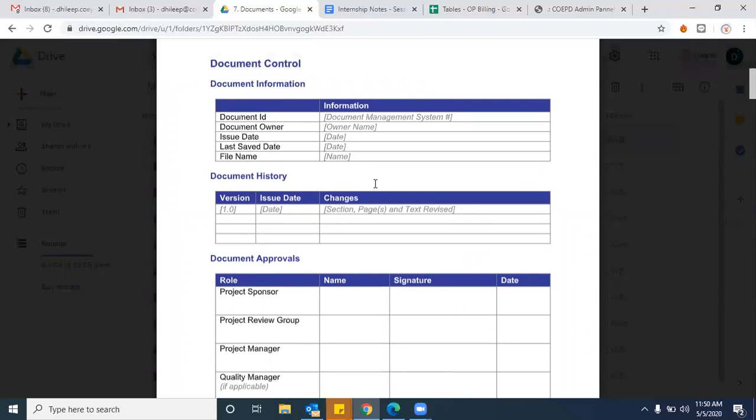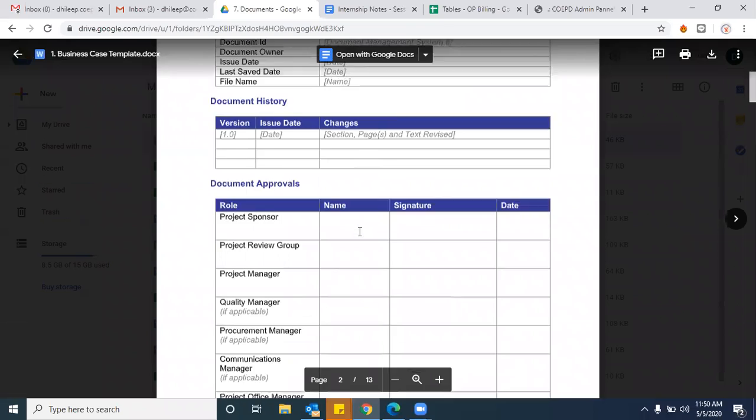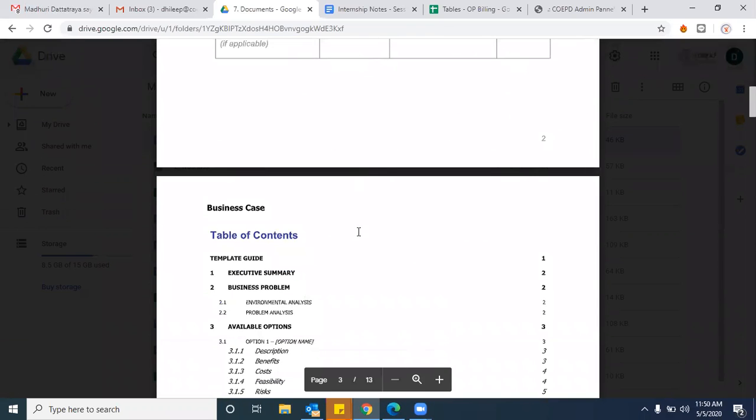But that doesn't mean this document has been prepared by the BA. No, I already answered this question. In the majority of cases it is the SMEs, because enterprise analysis can't be done by an individual BA. Do remember, enterprise analysis is done for the entire organization, right or wrong? This gap analysis, even SWOT analysis, problem analysis, all these things are part of the complete organization level. It's not like one particular process level. Is that clear?